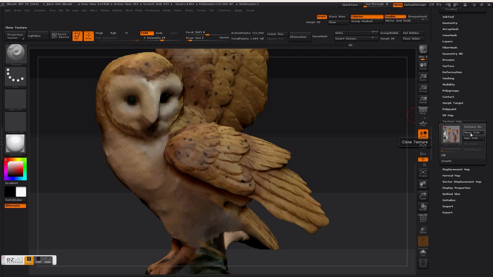So clone texture, maybe the right tool. Nope. I'll come back